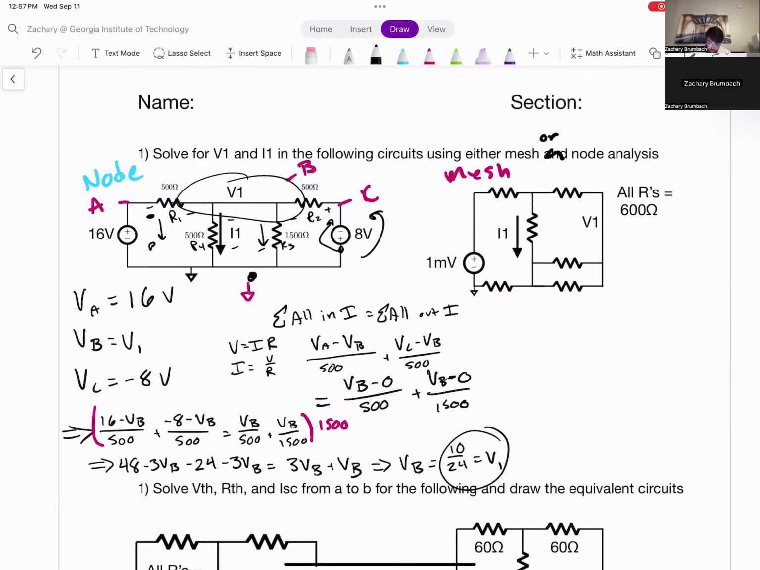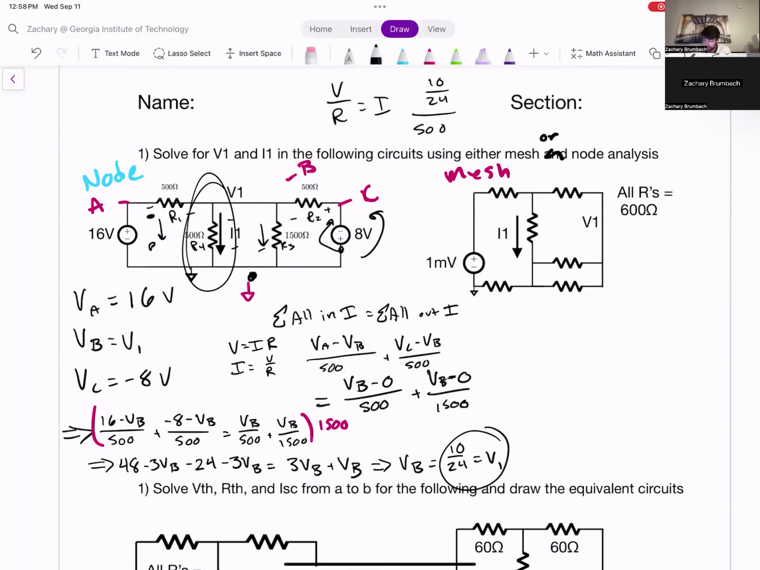Now let's find I1. The easiest way I would say to do I1 is to take the voltage drop across the resistor, which we know is V1 to ground. And we'll use Ohm's law, V over R is equal to I. So we get 10 over 24 over 500. And we can just leave it like that. And we're done. We can simplify that a little bit, but